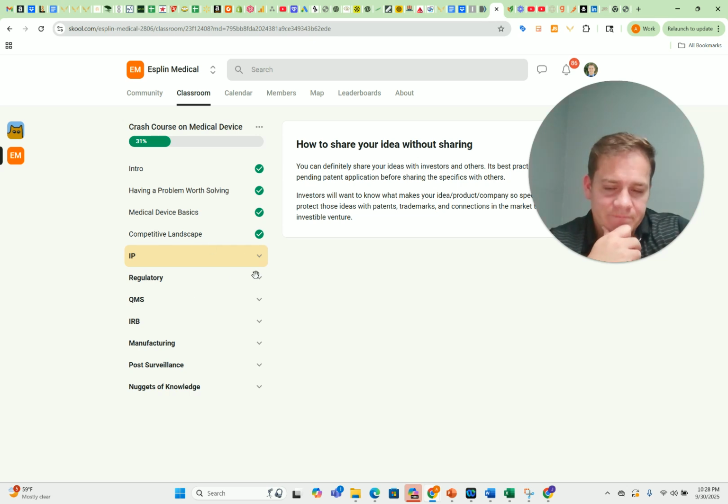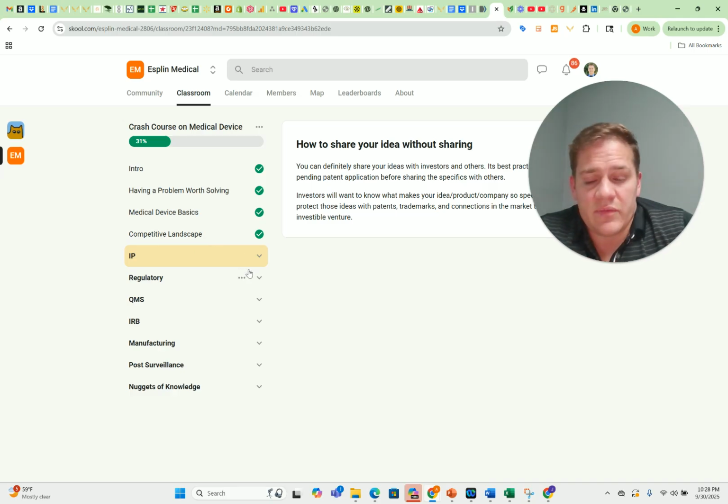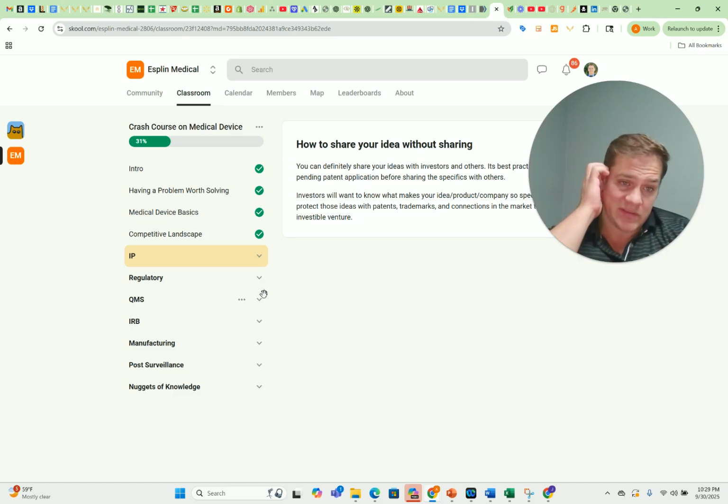You've got IP considerations: how do you protect your idea, how do you still share it without sharing it. There's different regulatory requirements depending on the class. You've got class 1, class 2, class 3, all of which change the amount of controls and FDA regulations you have, and then the breakdown of your quality management system, and then once you've got a design freeze,